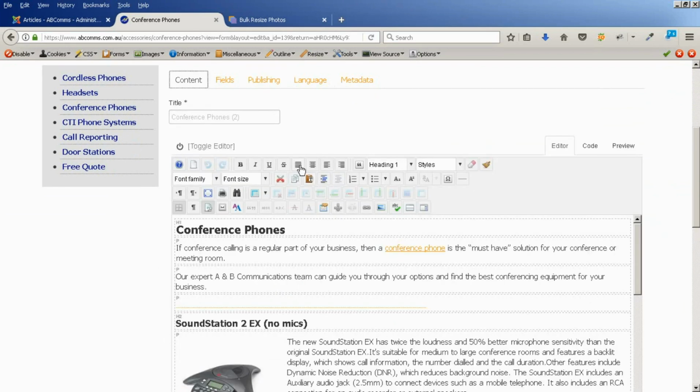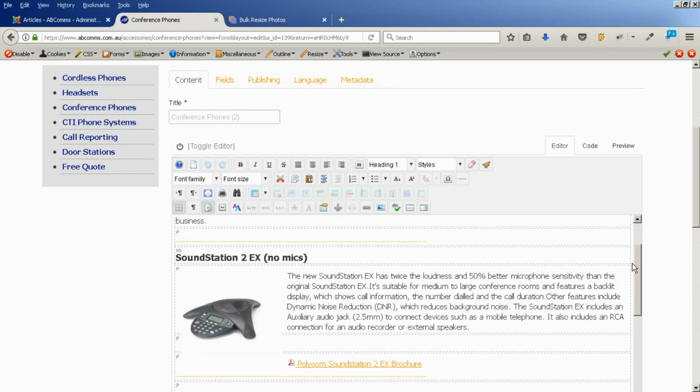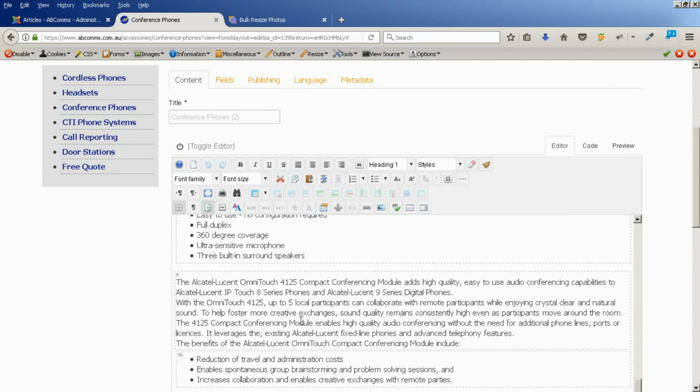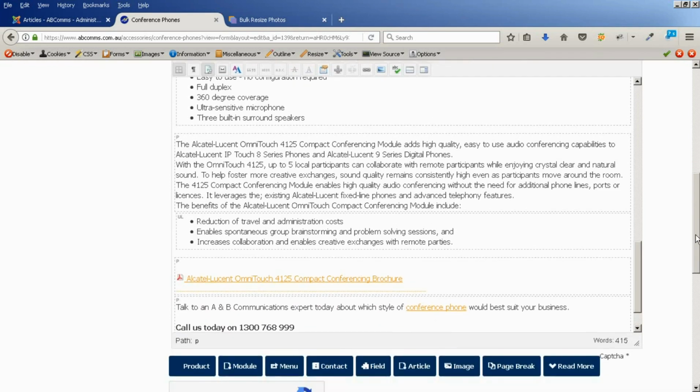I'm using the JCE editor, which has some nice tools for working with images, which is why I use that one. So let's just scroll down our content here, and I've got an image that I want to put in down to the left of this text. So I simply put the cursor at the start of the paragraph where I want to put that image. Go down to the bottom here, click on image,